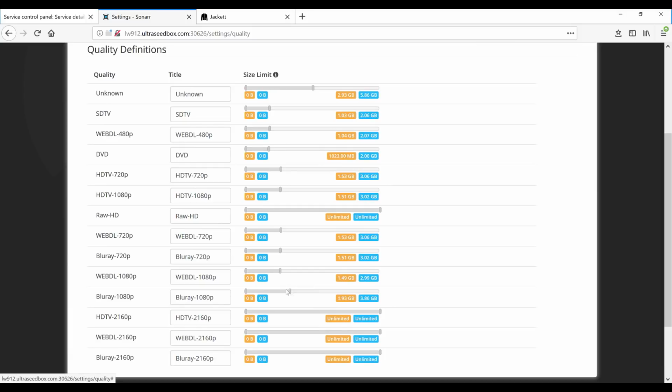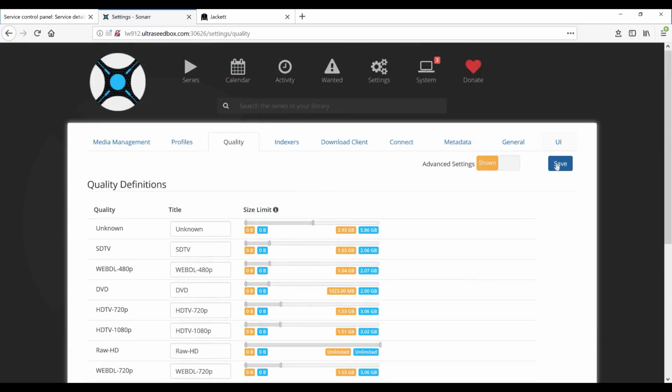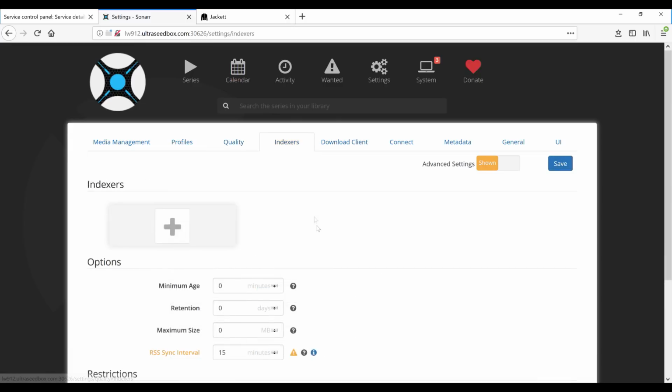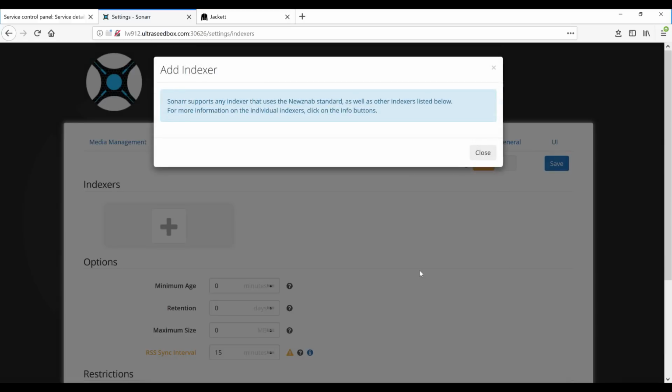And we will be stopping at the highest resolution that we put a check mark with, and our cutoff, which was Blu-ray 1080p. Let me again move on up. Let's move into indexers. Again, with indexers,